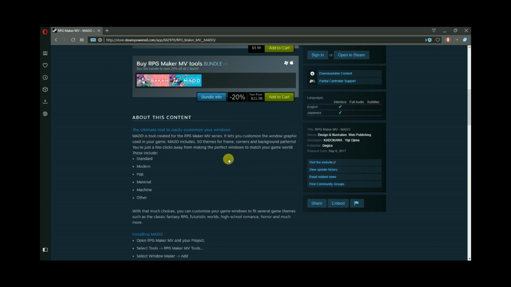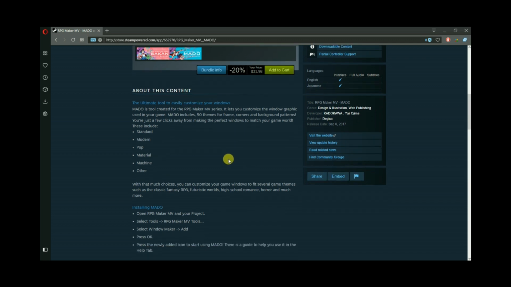Now, I did notice a little typo or grammar error on here with "that much choices." Maybe I'm just a stickler, but that just makes me want to get my wolfy claws out and scratch something. It should be "with that many choices," or perhaps "with that much choice." Preferably the latter because it flows more easily. Anyway, that aside,